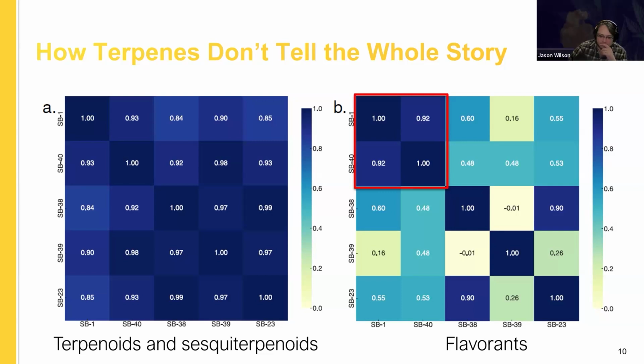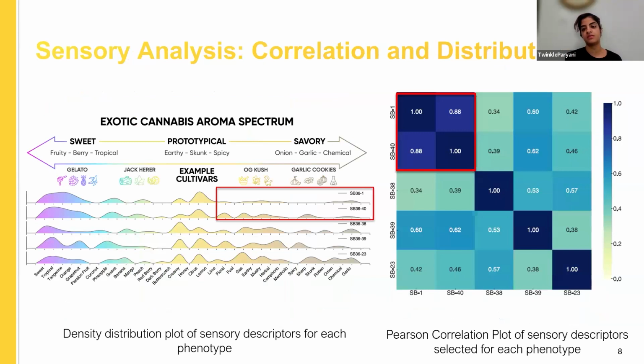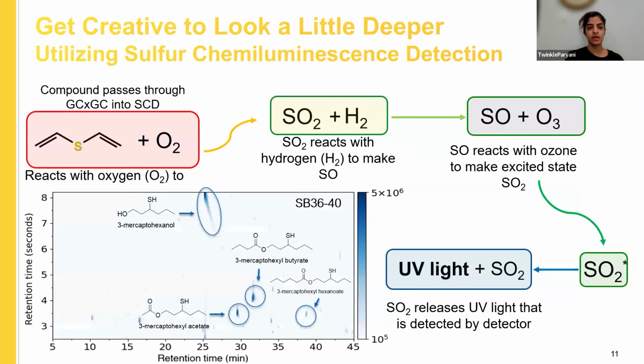Correlations, which means that they're not correlated at all, in this data set also. So that goes to show that there are some that are super similar, and there are some, in terms of flavorants, that have almost no overlap at all. And people can differentiate that aromatically based on this data. So even genetically similar cannabis, its aroma is predicted by these non-terpenoid compounds.